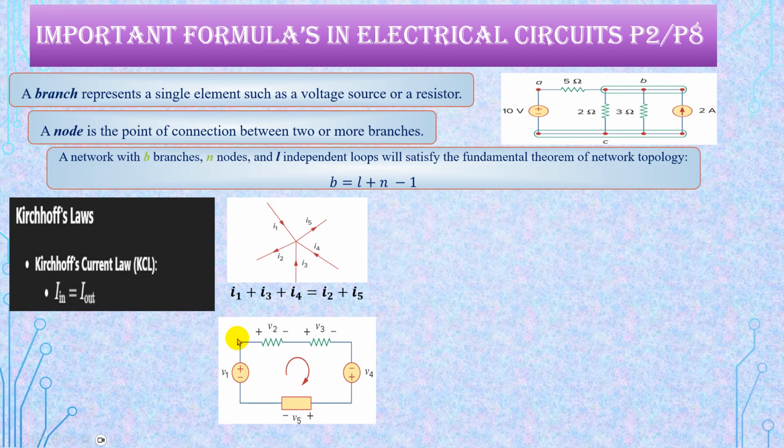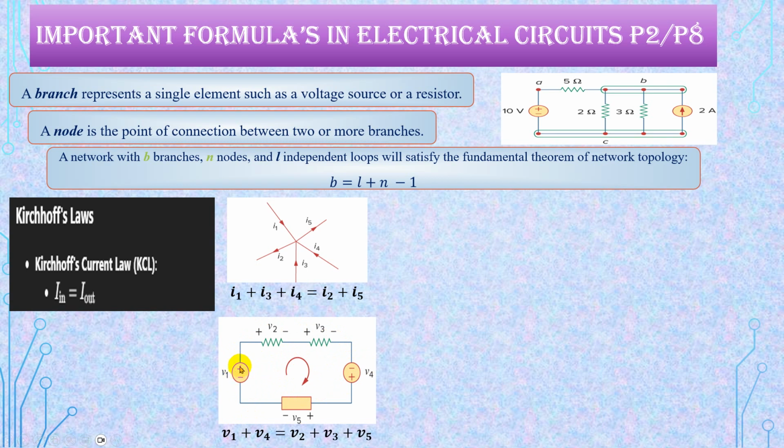I already told you, if it starts from one node, completes a path and returns to that node without repeating it, then it is called a loop. In this loop, the sum of the voltages is equal to 0, some negative, some positive, depending. Or we can say, if you start with the arrow,